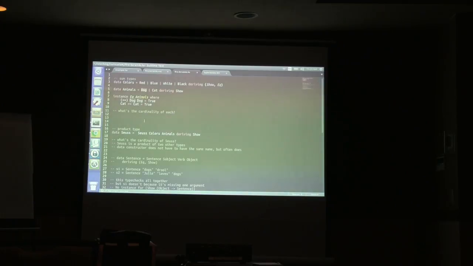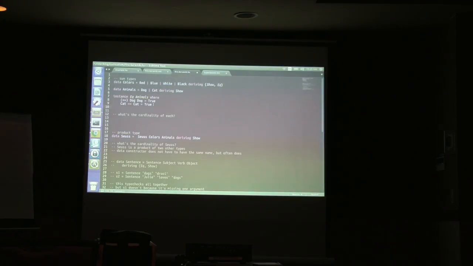So anytime it sees dog now, it's going to say that dog and dog are equal to each other. But is this enough information for our instance? No. We still have a partial instance, a partial function here, because we haven't told it what to do if the two inputs are not the same thing. So we will do that